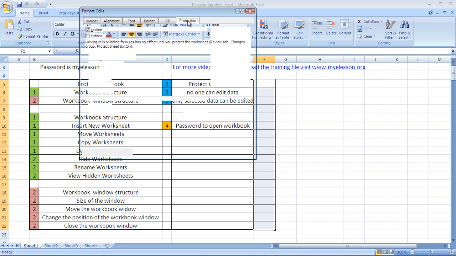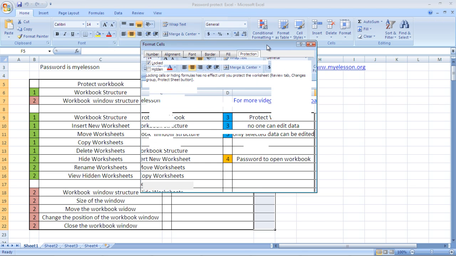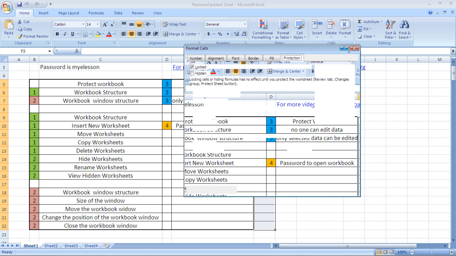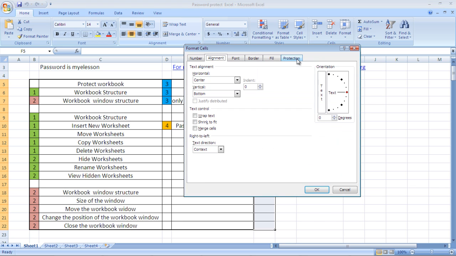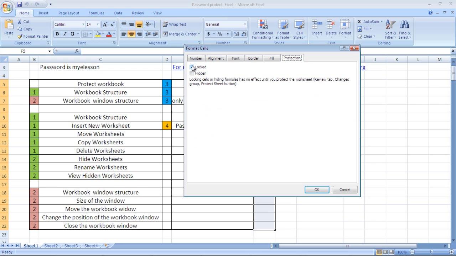There is some problem. Yes, I choose protection and I unchecked the locked option.